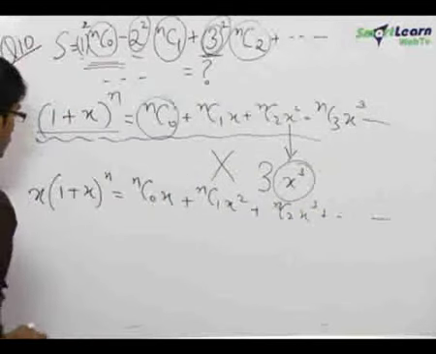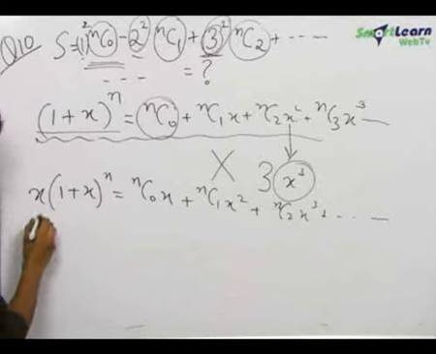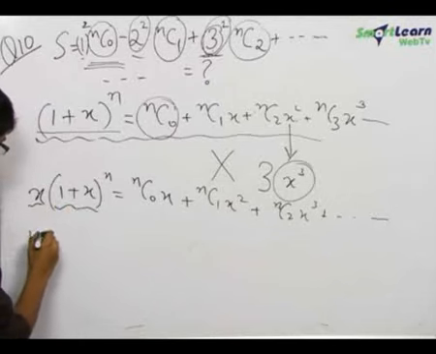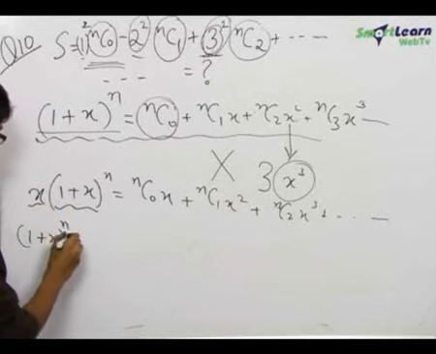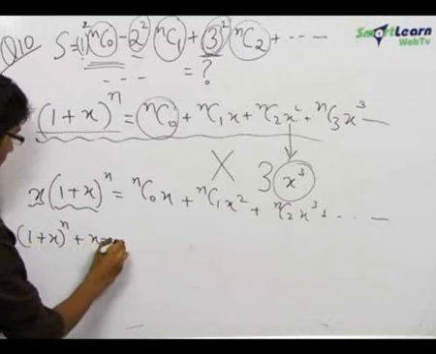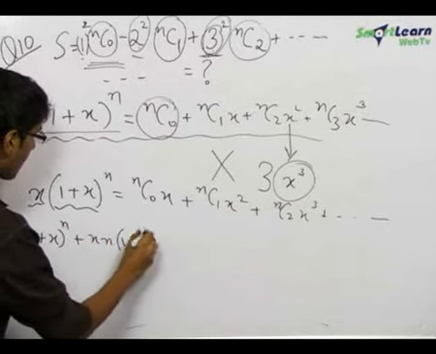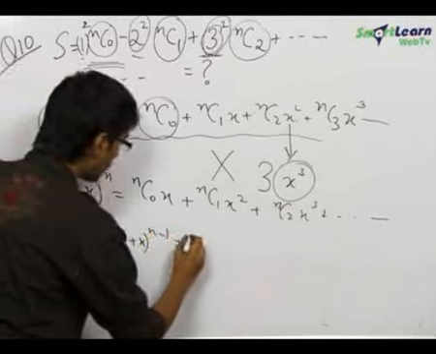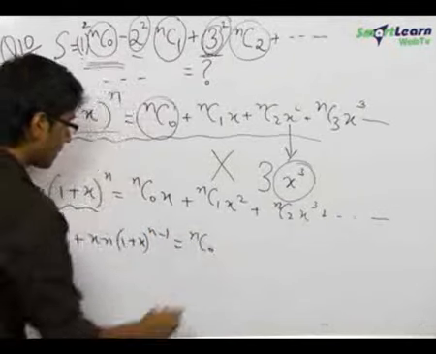Now on differentiating both the sides, using the product rule, we get (1 + x)^n plus x into n into (1 + x)^(n-1)